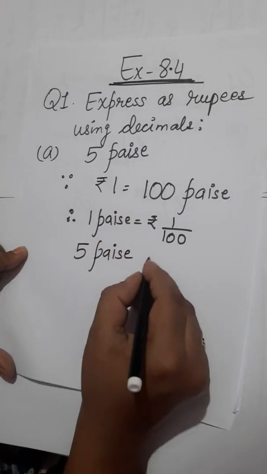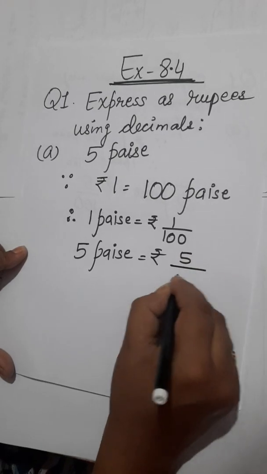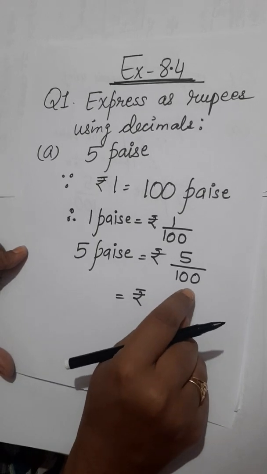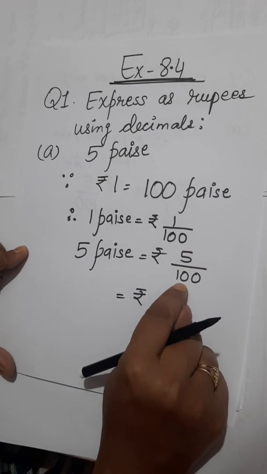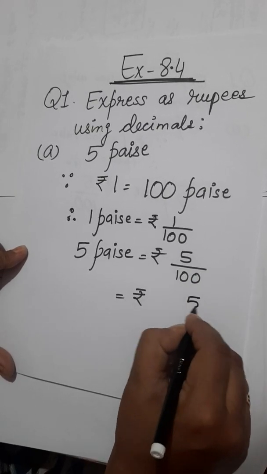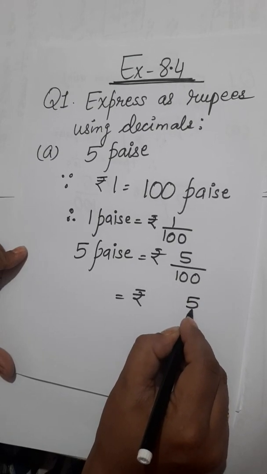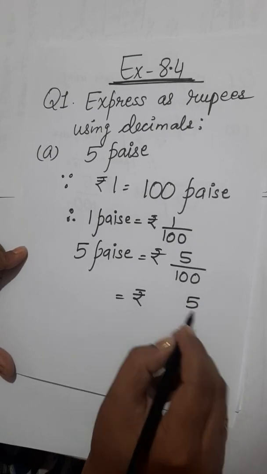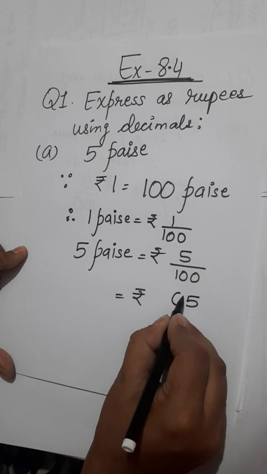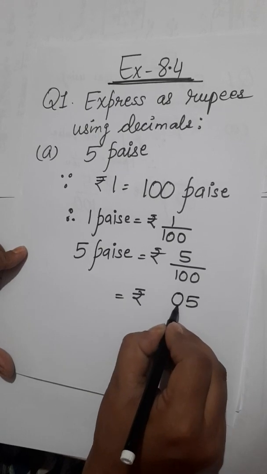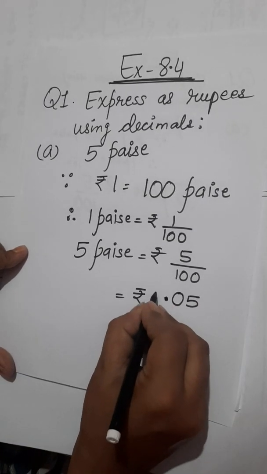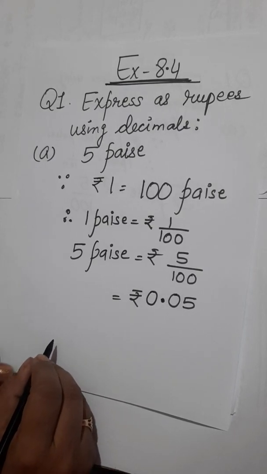So here we have 5 paise is equals to 5 upon 100 rupees, and now in this case I have to put decimal. As we know that in the denominator we have 2 zeros, it means in the numerator, after 2 digits from the right side, you have to put decimal. We have 1 digit, but here we don't have a second digit. To complete it, I have to write 0. Now I have 2 digits. Now put decimal after 2 digits, and before this decimal you can write 0, like 0.05.